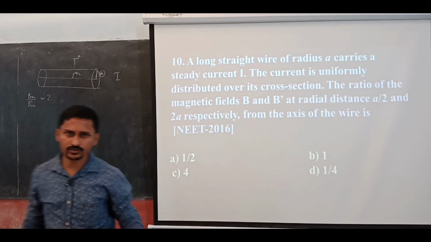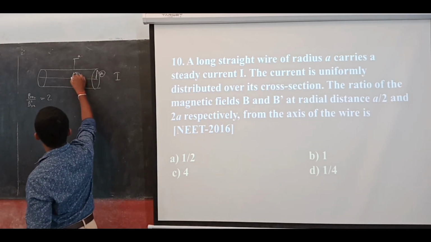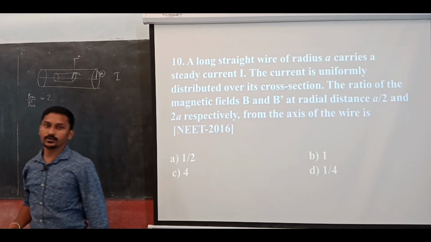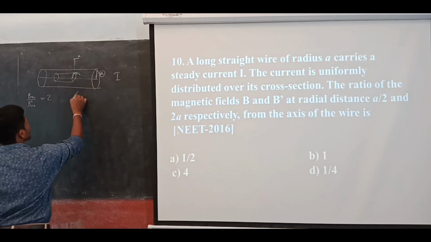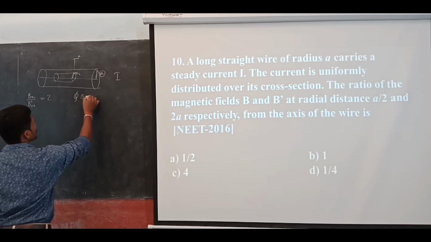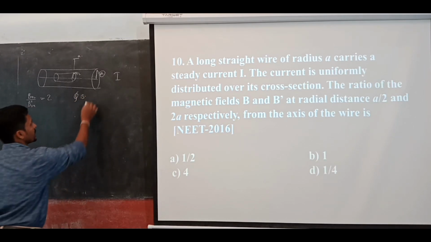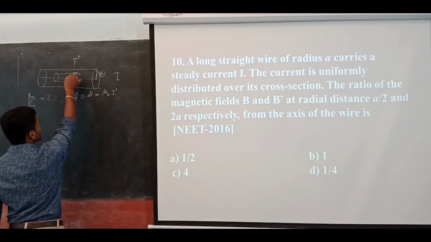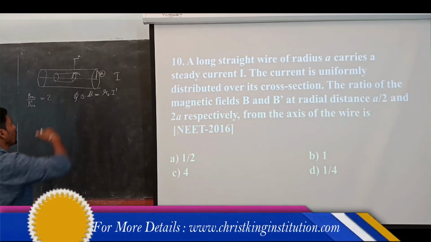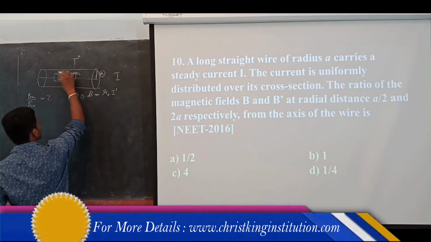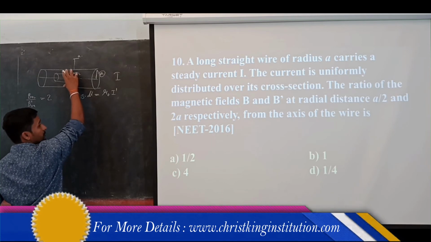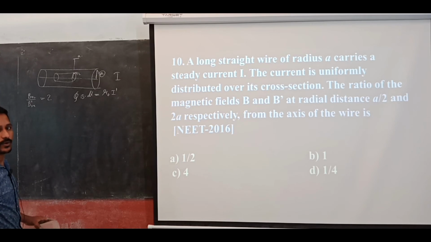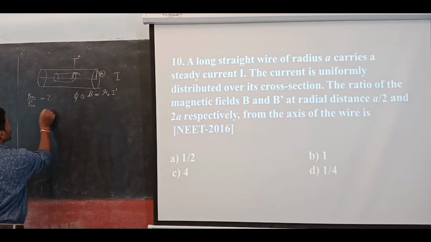See, Ampere's circuital rule you have to use here. So for this point you are going to consider a cylindrical loop, and find out what current it encloses. So Ampere's circuital rule says the line integral of B dl is equal to mu naught into I. But I is no longer the full I, it is I dash, because all the current is uniformly distributed. Now for a larger area there is a different current, for a smaller area less current. That you can find out, like this.